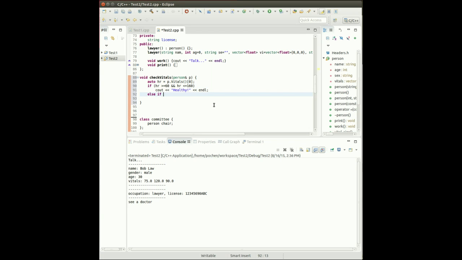So else if, I'm gonna give the condition. If HR is larger than 160, I'm gonna cout, take a rest. So the heart is beating too fast. I'm gonna ask the person to take a rest. And else if